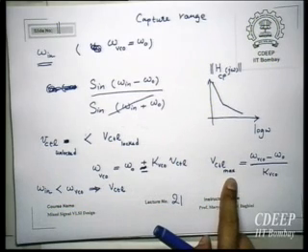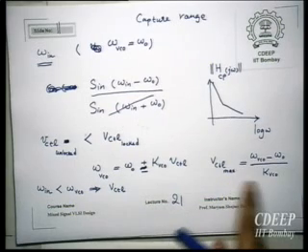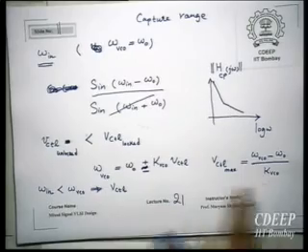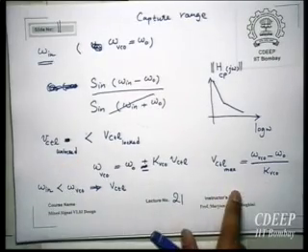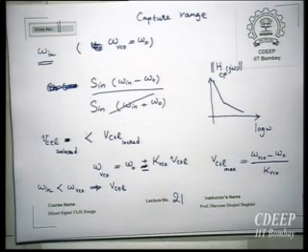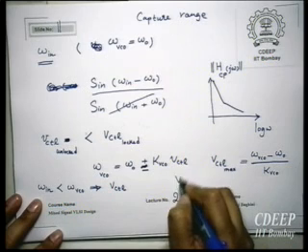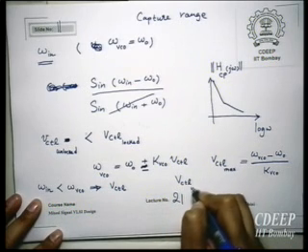The maximum VCTL I can apply to the VCO is this value. Now, for the PLL to be able to respond to this value, what should happen is, see, this VCTL that I am getting in the unlock condition